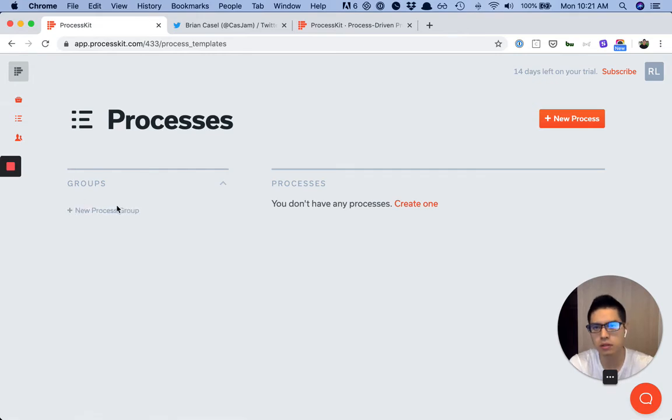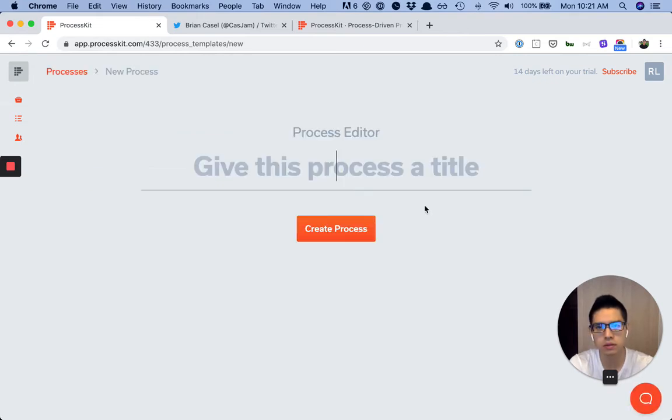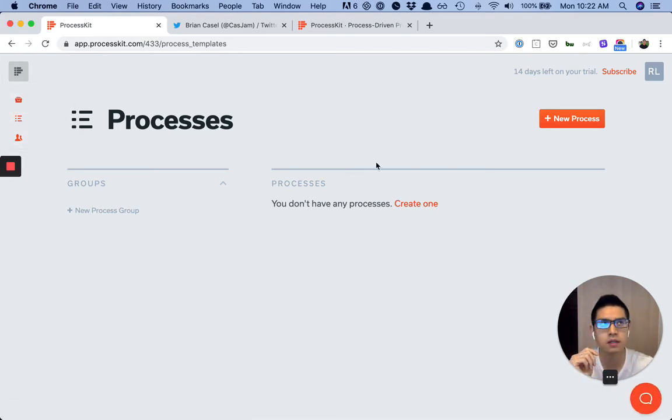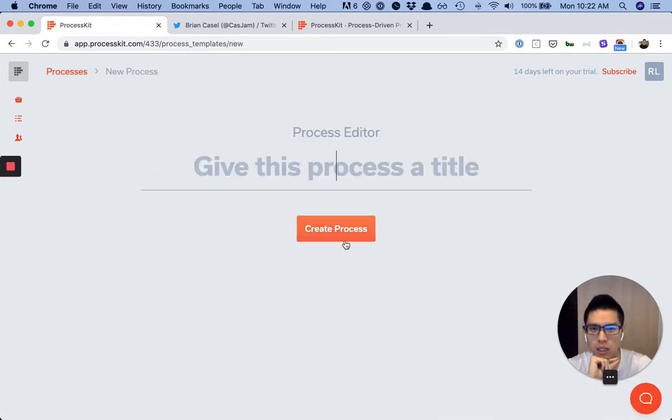Gotcha. Okay, so these are interesting. So I guess one thing that I would have expected is I created a process on the fly for that particular project, and I was expecting that that template would be generated as well and duplicated here. So at least I'd have a couple of initial processes to work with. So I suppose that I can create one here and call this, I don't know,